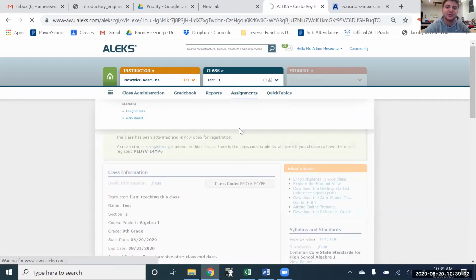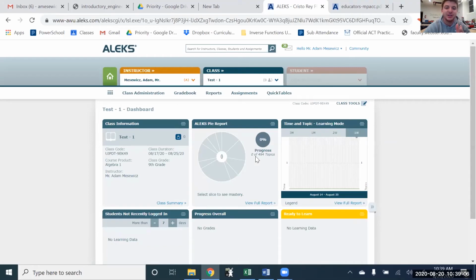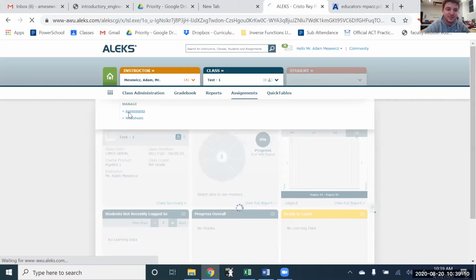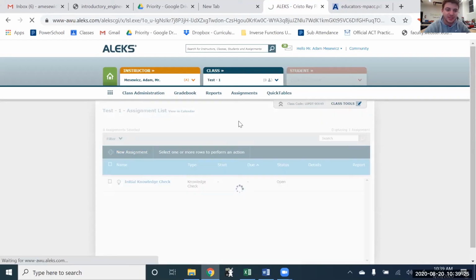Okay, so then if you're creating assignments, how do you make sure that the assignments that you create for one section are assigned to the other classes? Well, that's actually super easy too. So if we go into assignments, so this is in test 1. I could do this in my test 2 if I wanted to. So let's say we created an assignment. So we created this homework assignment. So actually I'll have to do that real quick. So I'll create a new homework assignment